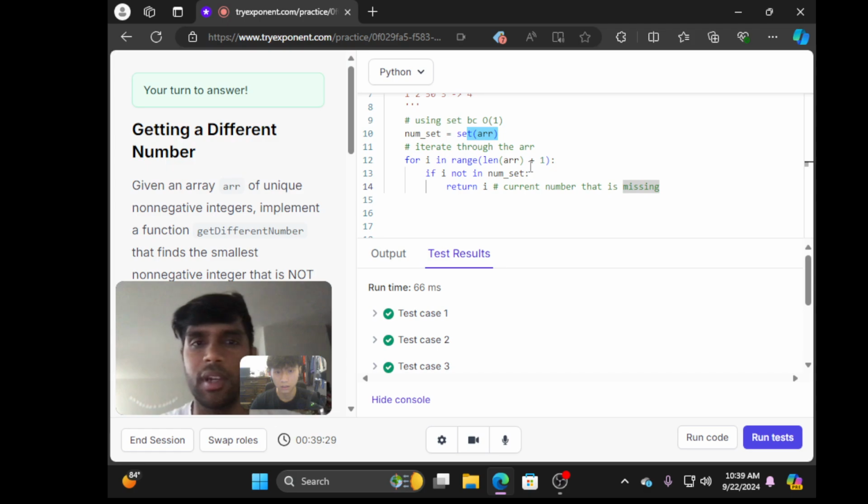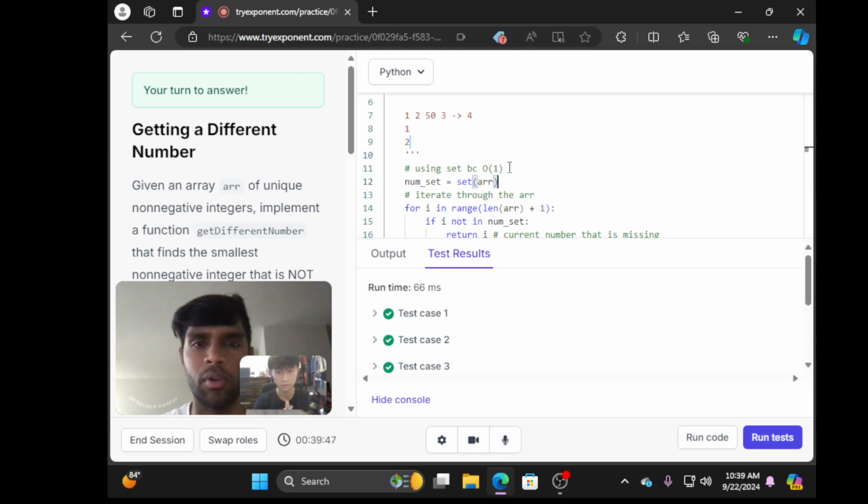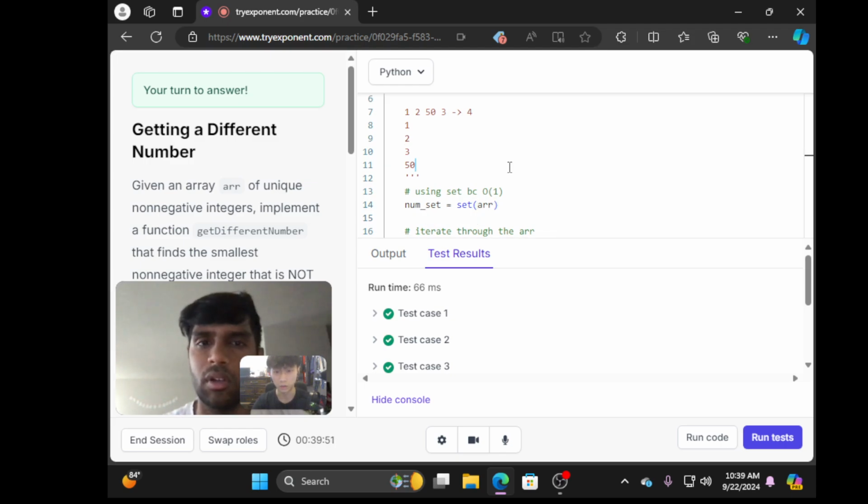Actually, with the set, because the way I did it, I didn't use the set, I just used the sorted method. I sort it and then just iterate through it. That makes sense. But with this set, would it automatically insert in ascending order? So if you were to give it an example like 1, 2, 53, would it insert 1, 2, 3, and then 50? No, it'll actually keep the same order, but